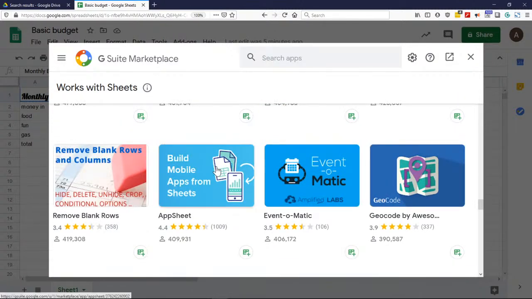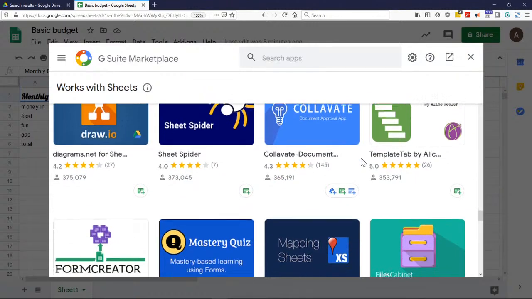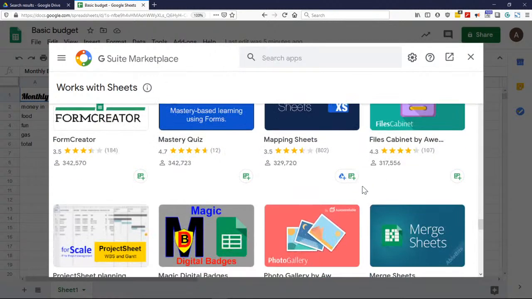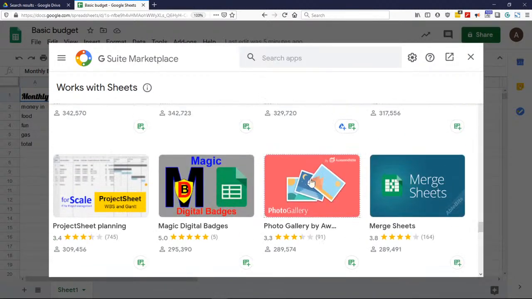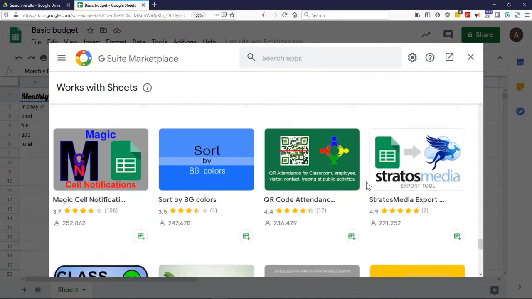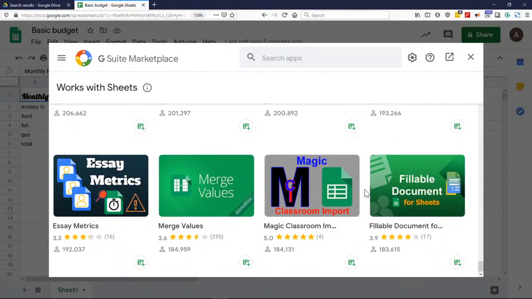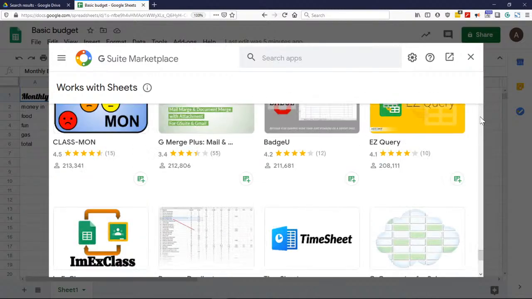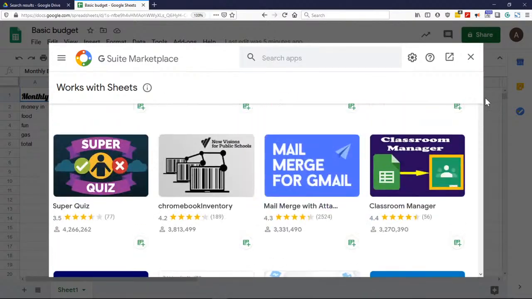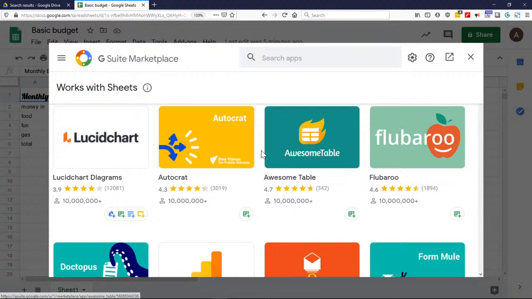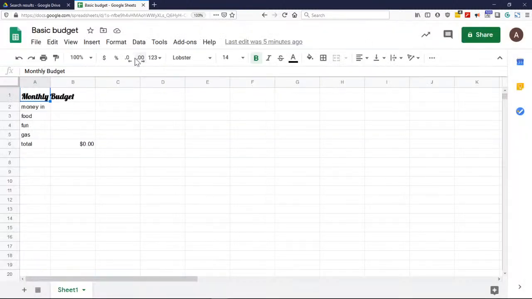Building a mobile app from Sheets, interesting. Template tabs, all kinds. Adding a photo gallery. There's a timesheet creator. So as you see, they're a little different. They're specific, of course, to this one program, and it's not just the same as Word. And again, if this program doesn't do something that you want, there may be an add-on that will do that,